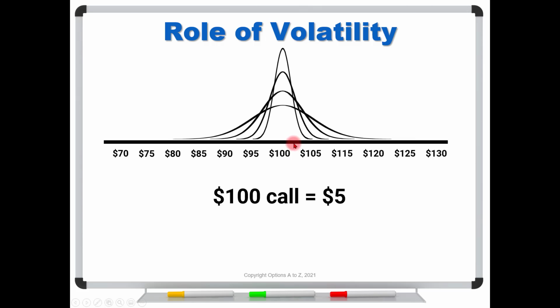We get more news that hits the market. Much wider range of potential prices. People are thinking it could be anywhere. Well, that's great for a call option. And so the price starts getting bid up even higher. Now it's trading for 6. And this just goes on and on and on. And maybe let's say our option is eventually bid up to $8. Now keep in mind, under normal circumstances, it was trading for 2. So what happened? Why is this now trading for 8?